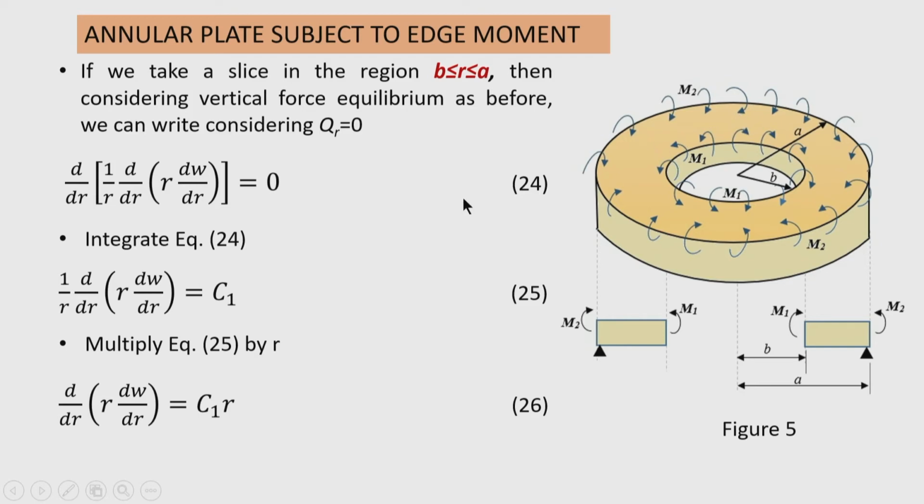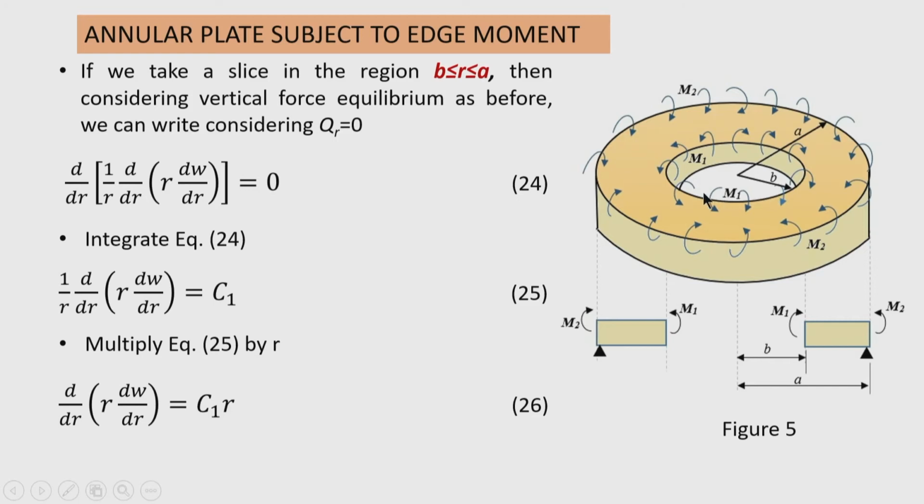and plate theory for finding these stress resultants can be used. Now, here we are examining a case where the annular plate is subjected to a moment at the edges. So, at the outer edge the moment is M2, at the inner edge the moment is M1, and you can see here that the inner edge has a radius of b, that means the radius of the hole is b and the outer radius is a. So, the total radius of the complete plate is a, but there is a concentric hole at the center, and the radius of the hole is b.